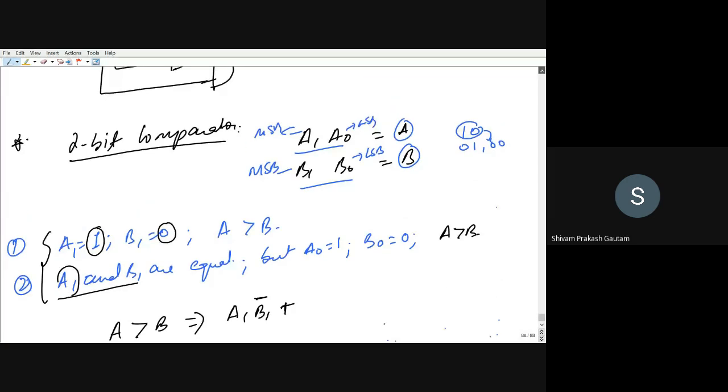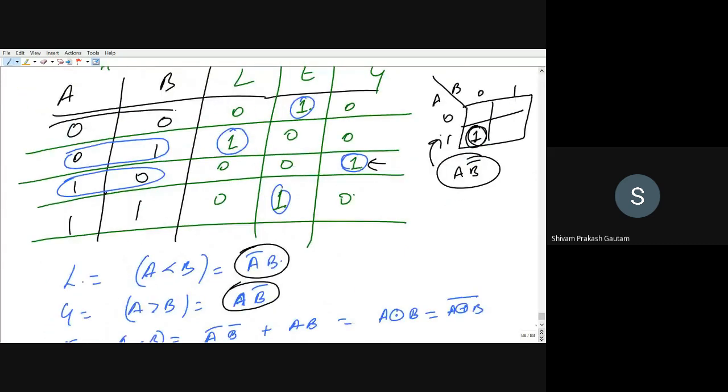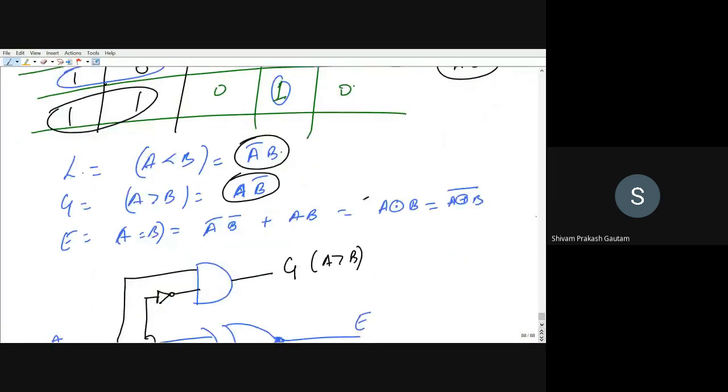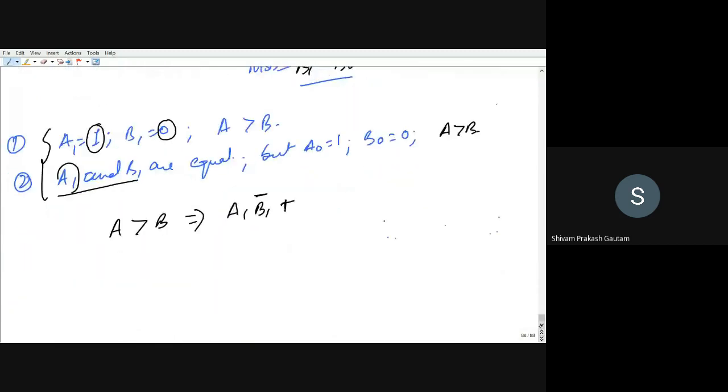For this condition, we have already seen for 1 bit, when both the numbers are equal, that is A1 and B1 both are equal, what is the expression? A XNOR B. So I can write here A1 XNOR B1 multiplied by A0 is equal to 1 and B0 is equal to 0. So A0 is equal to 1, that means A0 and B0 bar. So this is the condition for A greater than B. Is it okay? Just check.